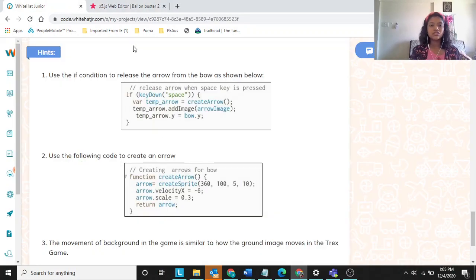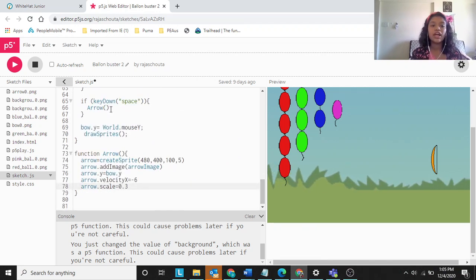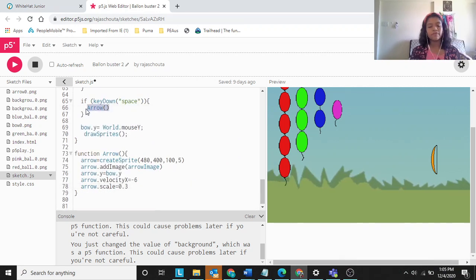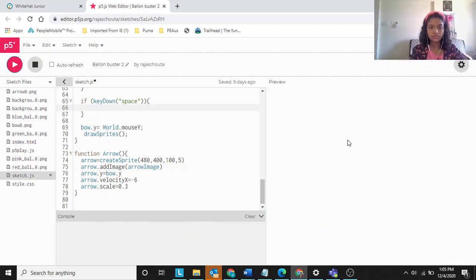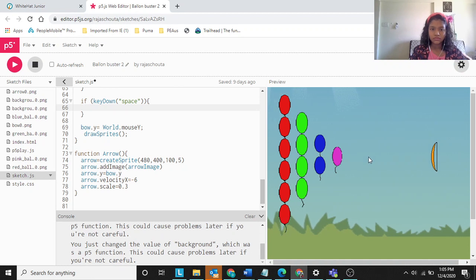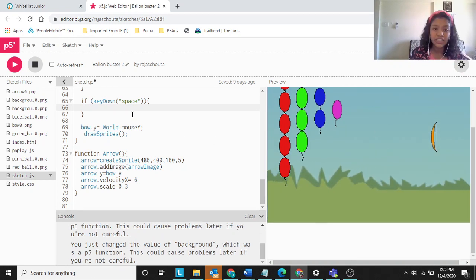Next we have to make one more thing. Now we have done it. Now we have to apply this in the function draw, because if you don't have this, nothing will happen. In keyDown space, all these things should happen.